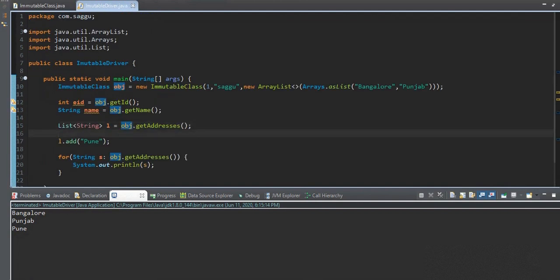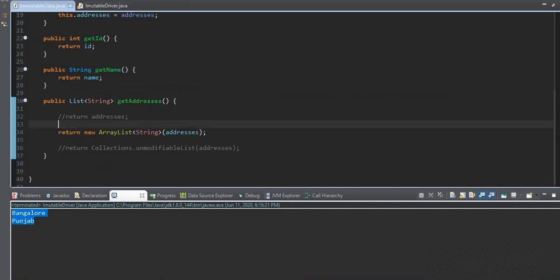It cannot be modified because I'm changing the duplicate location. You can see it's working. Same as I'm doing with the address, because I'm changing the copy of the addresses, not the original object. So this is one way, where I'm returning a new object in which I've copied the original object.